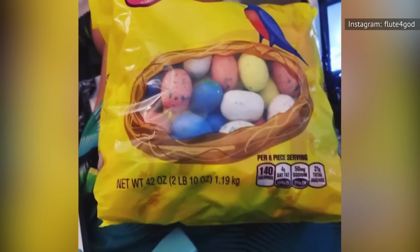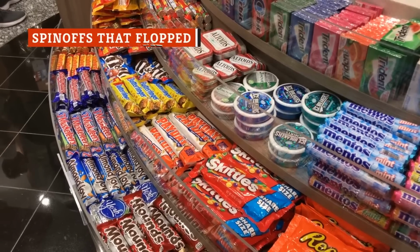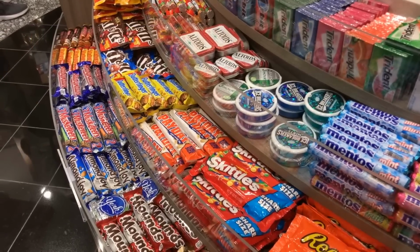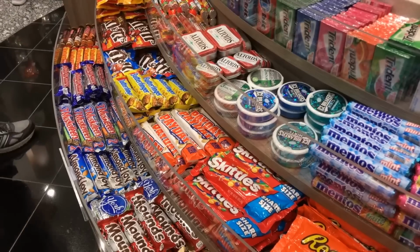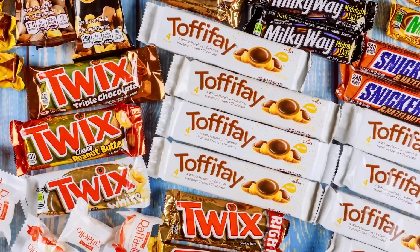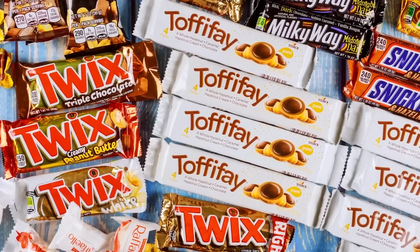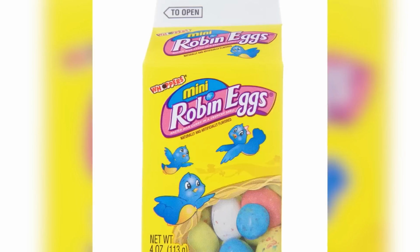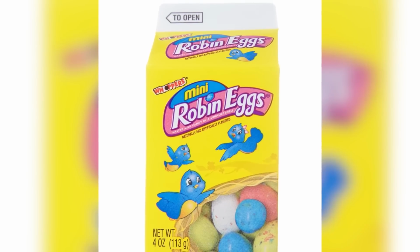It seems like any time a candy takes hold in the collective culture and palate, it's not long before its manufacturer rolls out some spin-offs or brand extensions. For example, Twix begat Triple Chocolate and Peanut Butter Twix, and Snickers Hazelnut added a new nut to the mix. With the exception of the annual rollout of robin's eggs,